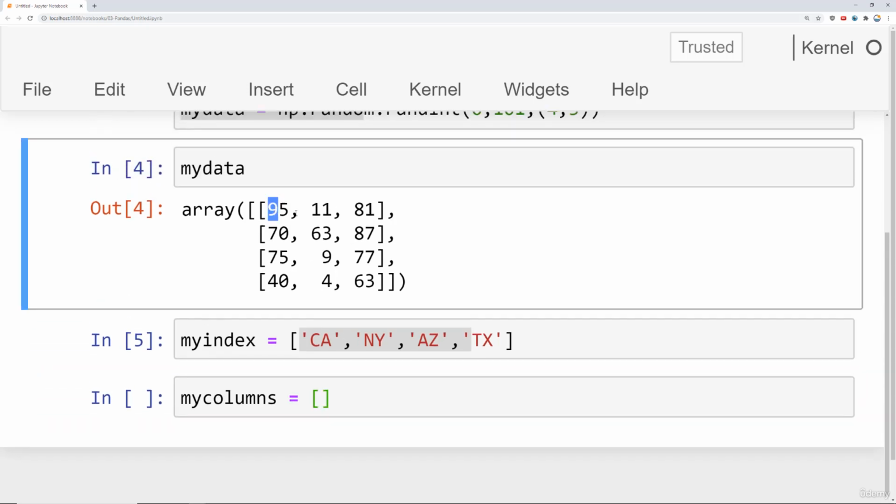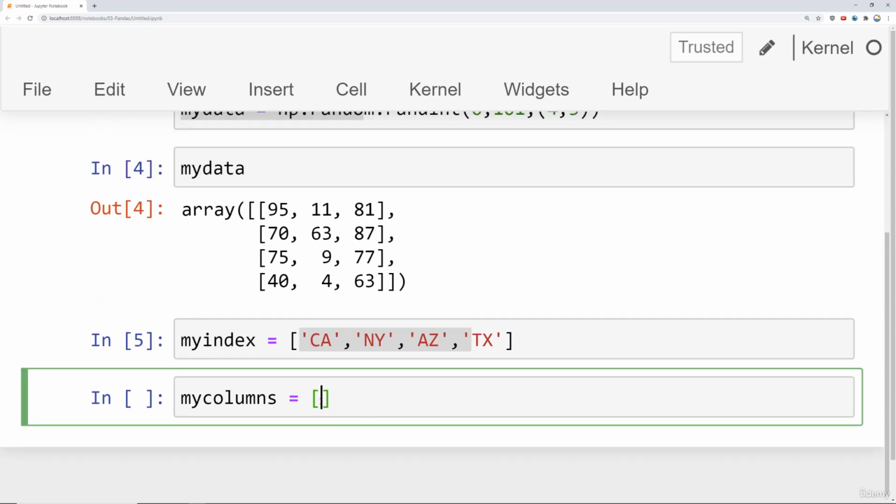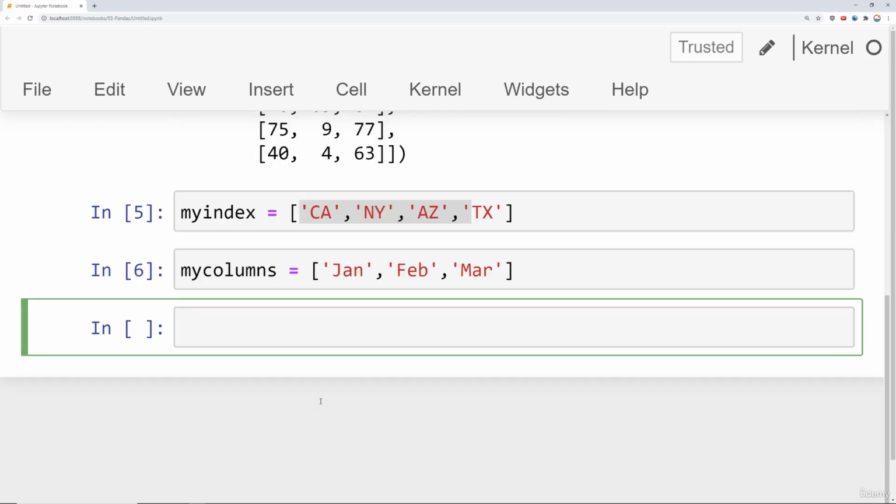And let's pretend these are monthly values of some sort for each state. Maybe they're monthly tax revenue values or something like that. So say January, February, and then March. Okay. So now let's create the data frame, and we're going to build this up step by step, similar to